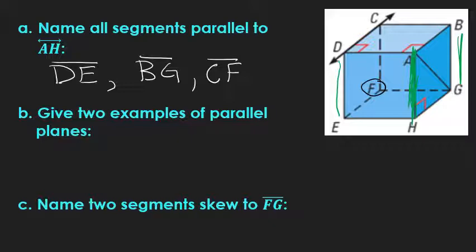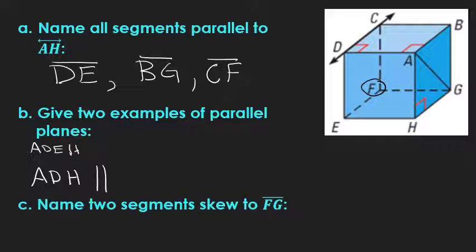So now we want to give 2 examples of parallel planes. If you think back to Unit 1 and how we can name a plane, it takes 3 letters to name a plane. There are multiple examples of parallel planes in this diagram. So if I take the front plane, I have the letters A, D, E, and H. And if I want to name that plane, I'm going to pick 3 of those letters. You can pick any combination of those 3 letters. So plane ADH is going to be parallel to the back plane,